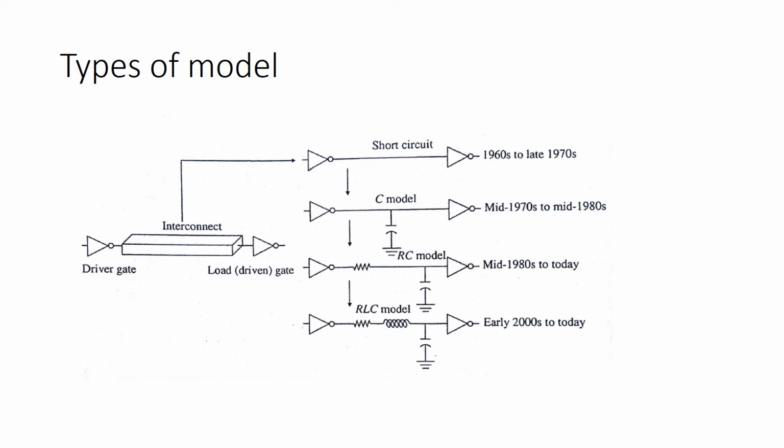As a result, what is happening? Two nearby interconnects show coupling effects. If a high frequency signal is passing through one interconnect, it is going to be coupled to another interconnect which may be carrying a DC voltage. That is why the coupling led to modeling the interconnect as a capacitive model.